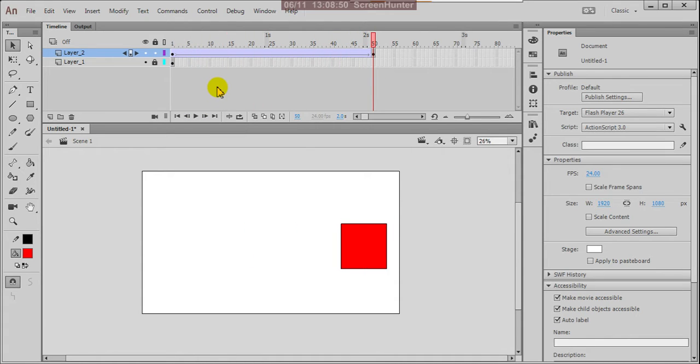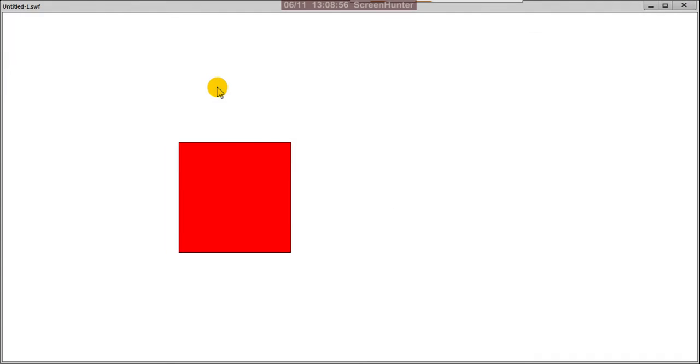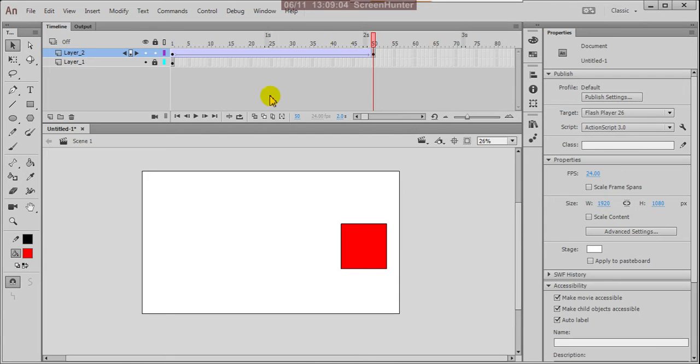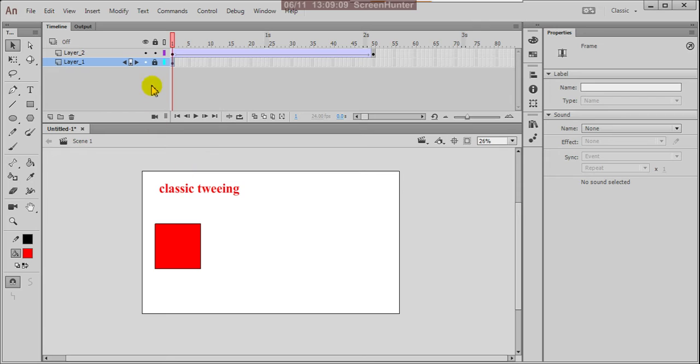Or otherwise, on the keyboard press Ctrl Enter. Now you are observing the animation. Here the classic tween text is blinking because this is the classic tween layer. It is still there at the first frame only, but the animation is going up to 50 frames.